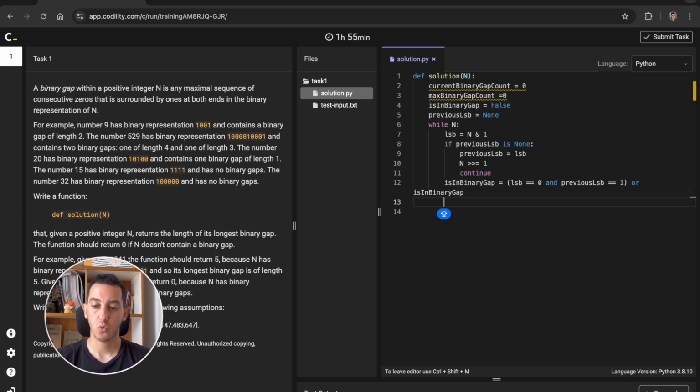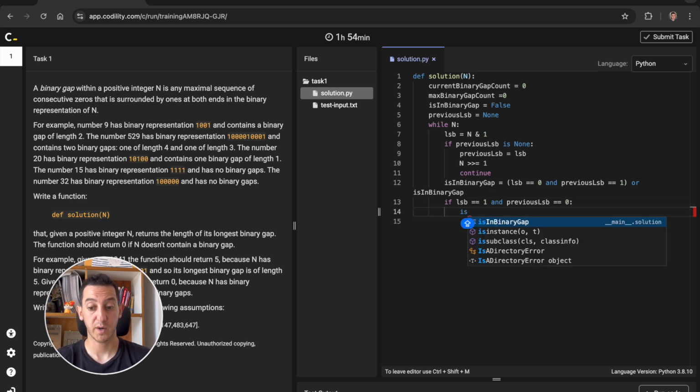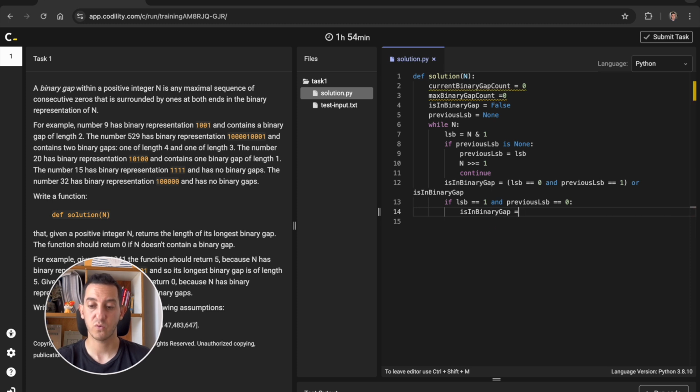Great. So now we need to check the case where we are ending a binary gap, right? So we will know this if the current least significant bit is a 1 and the previous least significant bit was a 0. So if this happened, we'll know that we are not in a binary gap anymore. So we're going to set this to false.